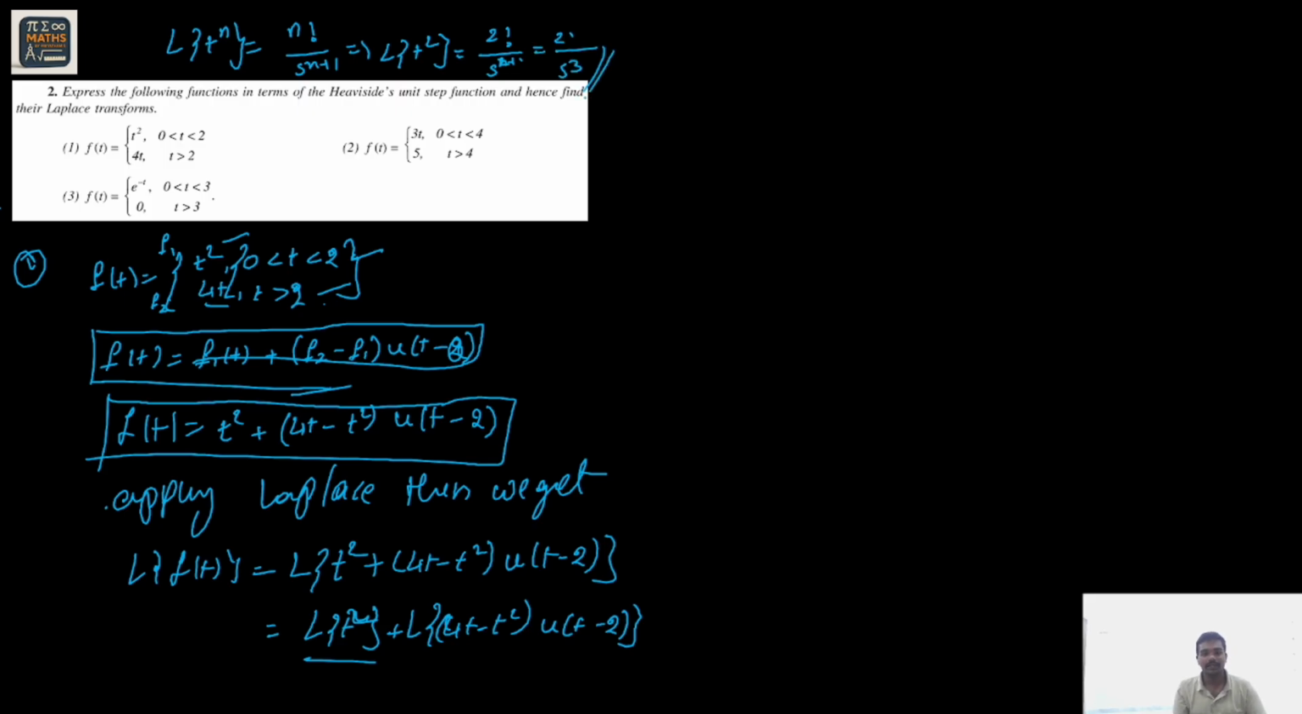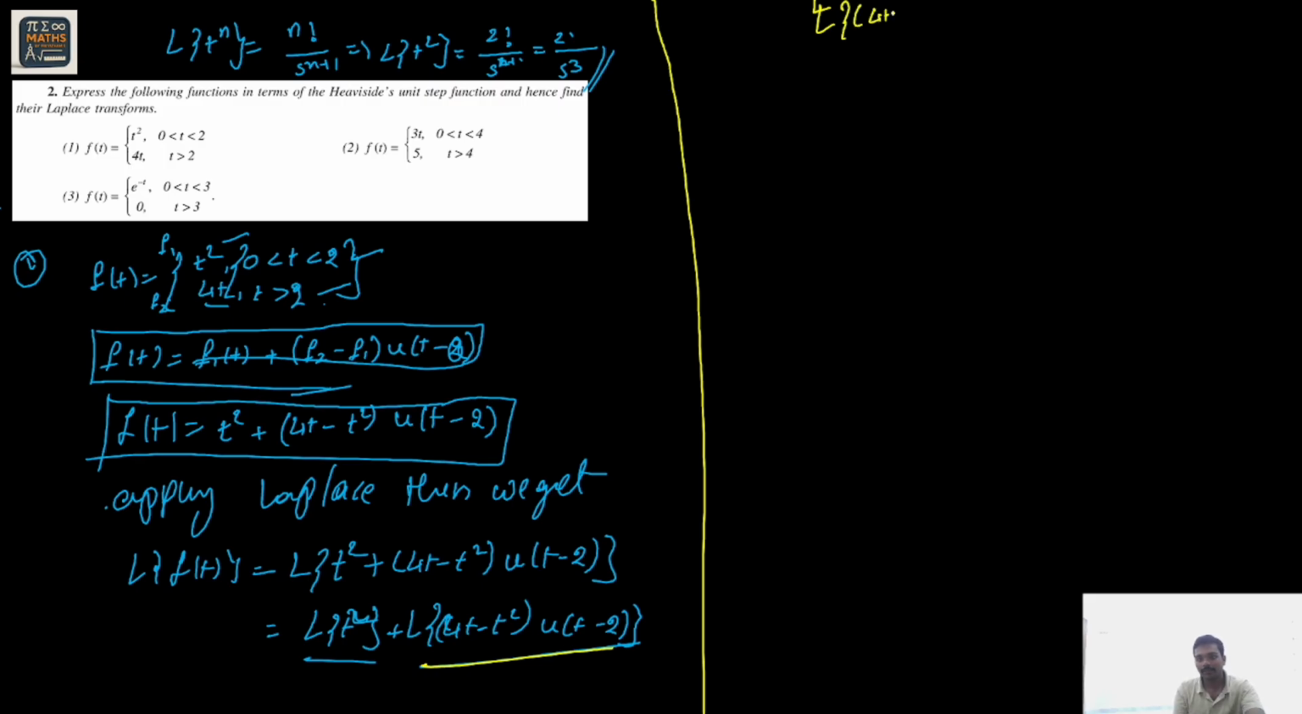This is a t square value. Now we find Laplace for this term: Laplace of 4t minus t square into u of t minus 2. Let's expand the first term in terms of t minus 2. 4t minus t square is equal to